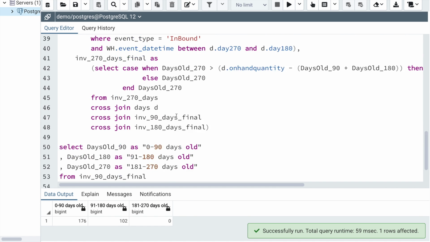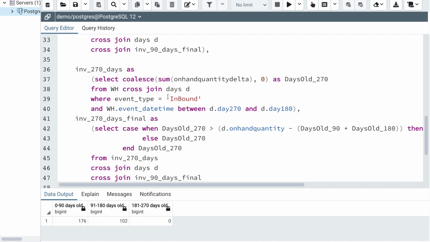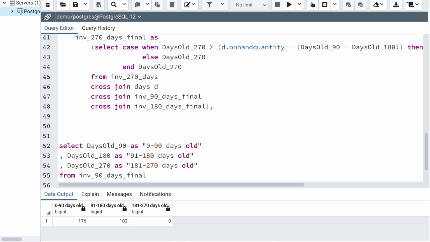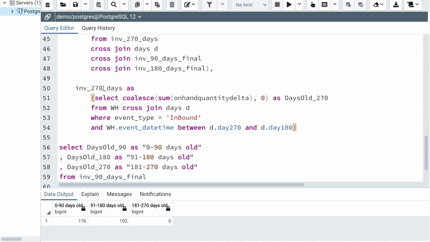So that is fine. Now finally let's do the same thing for the 365 days calculation. So I'm just going to use the same query. I'm going to paste it here, and instead of 270 I'm just going to replace it with 365, and then here everything is the same. So I'll just change this value to 365, that is the column name, and then for all the shipment that happened between 271 to 365 days, I'm basically doing a sum of all the on hand quantity delta where the